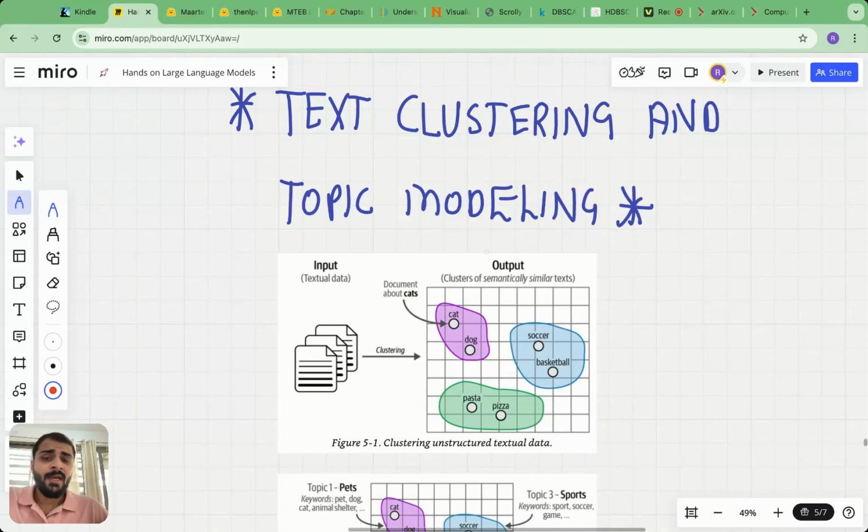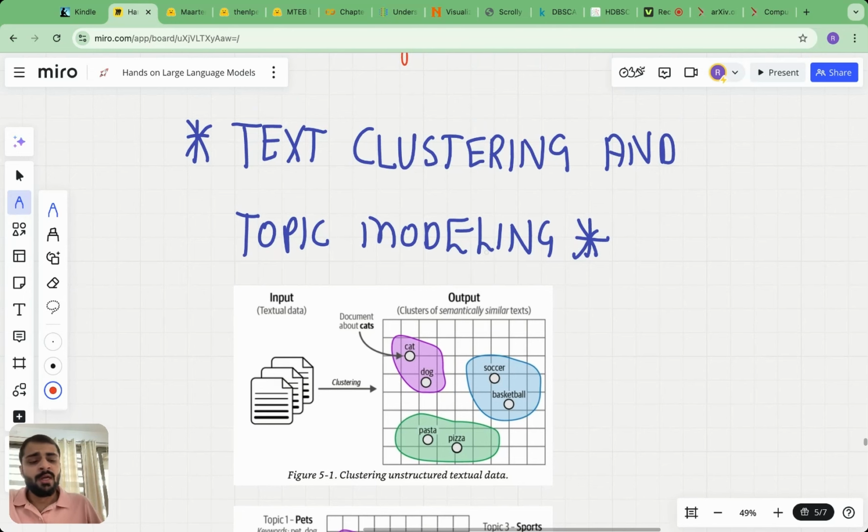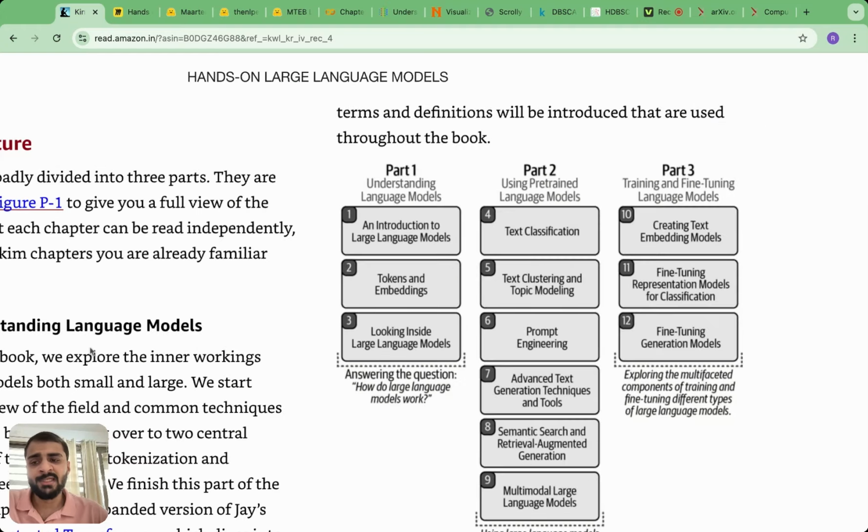Hello everyone and welcome to this video in the hands-on large language models series. Today we are going to look at how to use large language models to perform the task of text clustering and topic modeling. To give you an overview of what all we are planning to cover in this series,